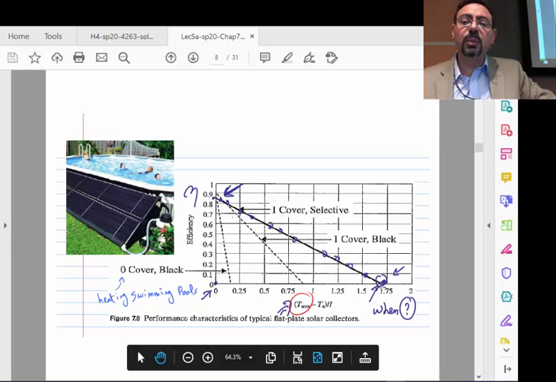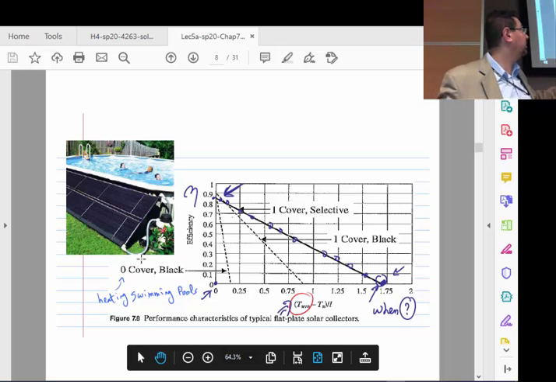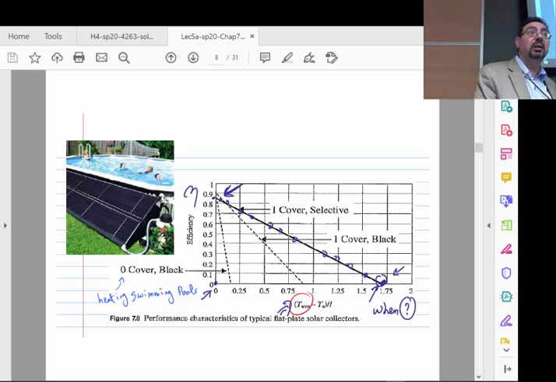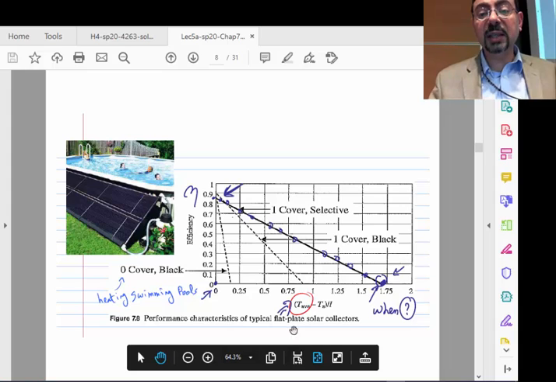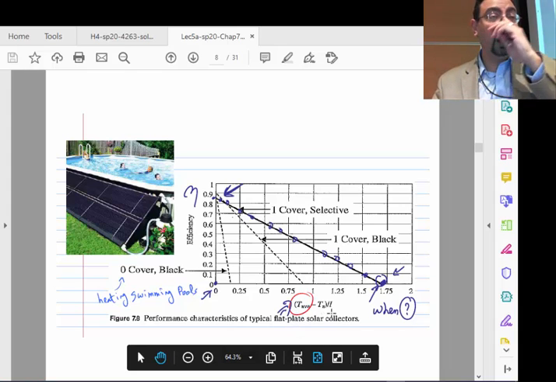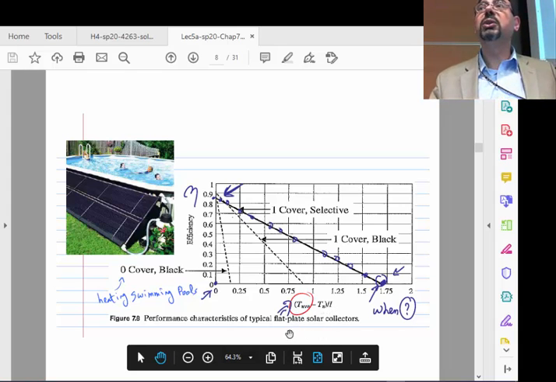And in that scenario, basically the knob on the pipe will be closed, so you can get the water in the collector that hot if you shut down the pipe. So if you shut the exit and the inlet and you just let the water get trapped inside, it will get as hot as this point. Okay, notice the x-axis is what? T average minus T ambient over I. So T average, that's the temperature inside. T ambient, that's the air that we are leaking to, dissipating heat to, and I is the incident radiation. Okay,